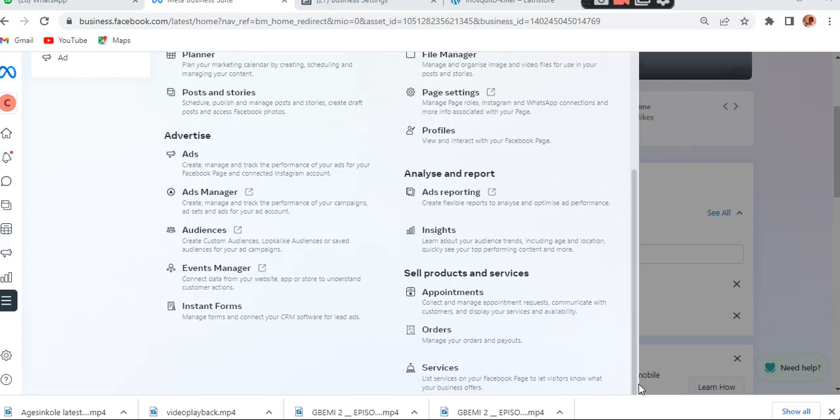So what we use custom audience for is that we tell Facebook to help us keep data of people that visit our website. Either they just visit or they purchase, they took a particular action when they visited the website. So we are telling Facebook to help us keep the record of such people. So as time goes on, which is the lookalike now, we can retarget people of such caliber, or that have similar information related to that fellow that we have gathered their information from when we are setting up our